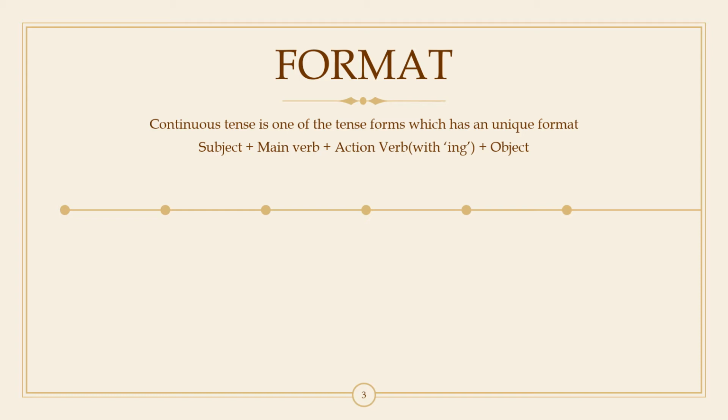Now, what is a main verb? What is an action verb? By all means, you would have been taught before what is a main verb and an action verb. But then let me repeat it once again to you. An action verb, like the name itself denotes, is any verb you could think about when I say verb. So run, walk, smile, talk, eat, drink, fall, rise, kick, beat, all of these words which denote an action, which tell you about an action, which is a word for an action, are all called action verb. But now, what is a main verb?